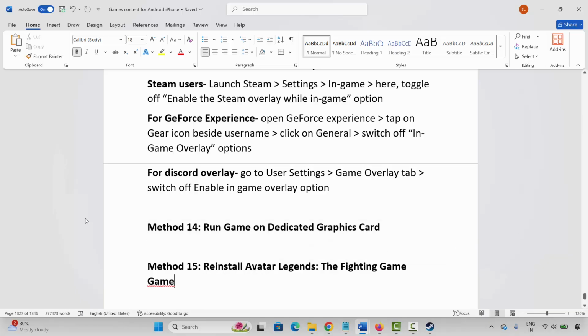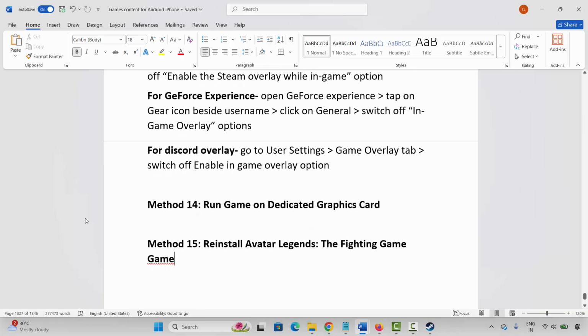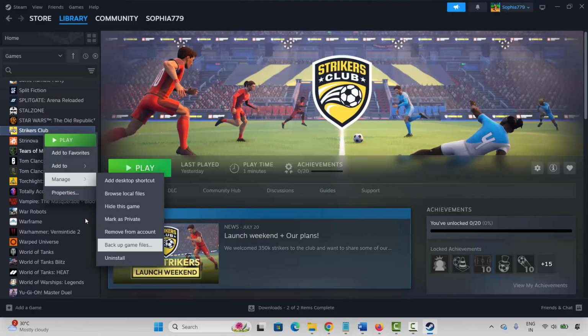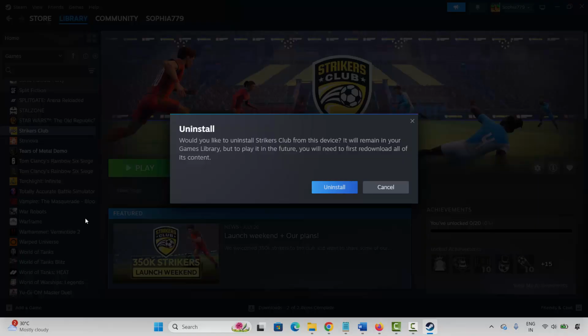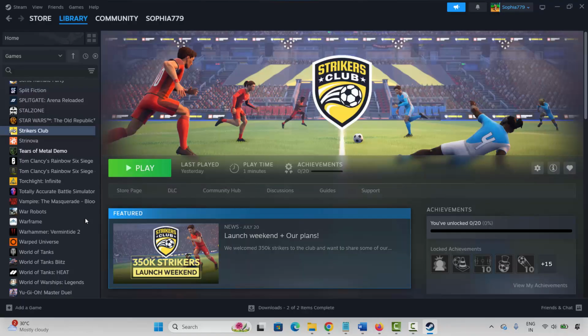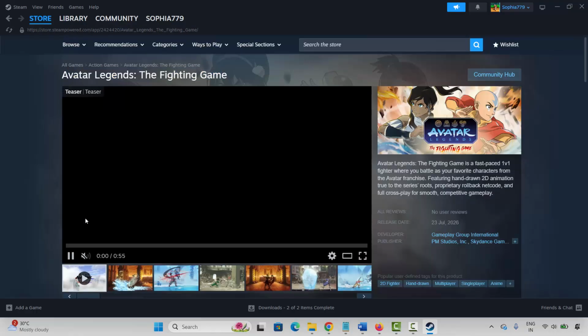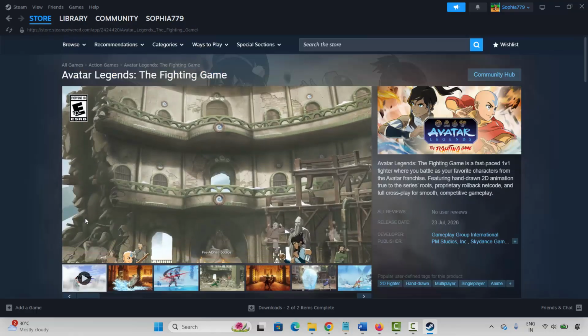Next is to reinstall Avatar Legends, the fighting game. So if the issue continues, then you are suggested to reinstall the game. For that, go to Steam, select your game under library section, right click on it, click on manage, now click on uninstall, and again click on uninstall option. This will delete the game from your PC. After doing this, you have to restart your PC once, and again launch Steam and reinstall Avatar Legends, the fighting game, and finally click on the play button to check whether the game is launching or working or